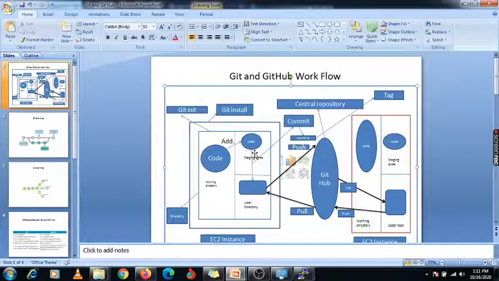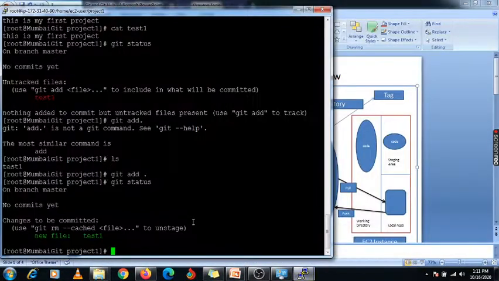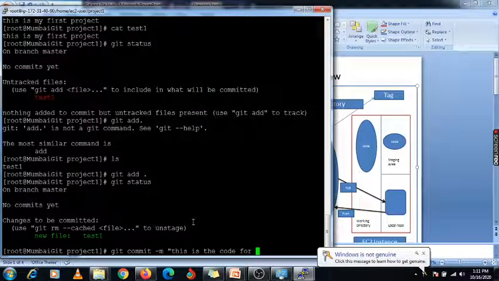Now we are committing this code from the staging area to the local directory using commit. Just use another command, that is git space commit space hyphen m. And if you want to describe something about your code, you need to specify it in a message, like this is the code for project 1.